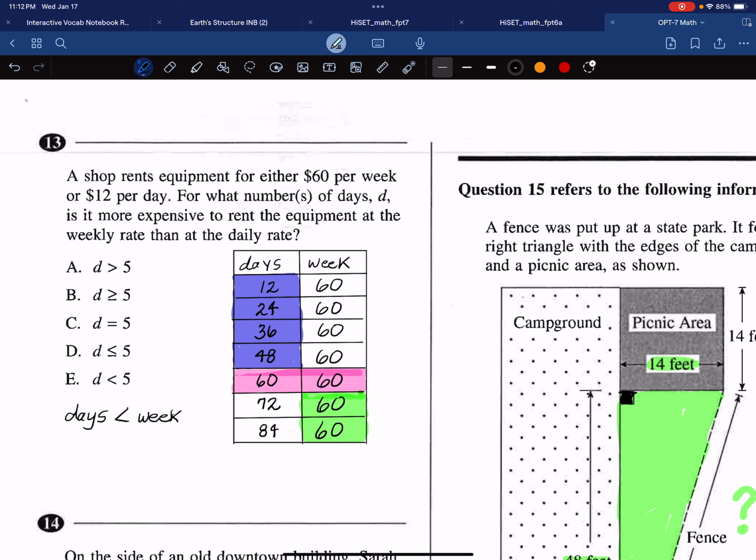Let me think a second. Yes, okay. We want to compare the days to the weeks. So the week is $60. The days, you pay $12 a day. So $60, 12 per day, divide by 12. This says when the days are fewer than 5,